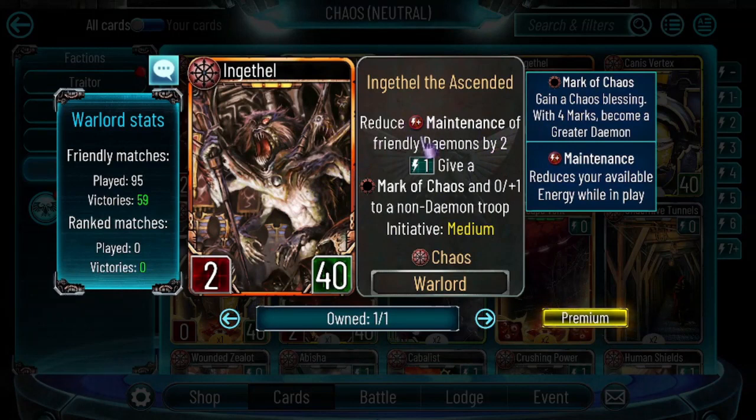She's got the maintenance reduced by 2. I've covered that with Spawn, how beneficial that is. That's nice. But what's really nice is her Marks of Chaos. For 1 energy, she's giving a Mark of Chaos, but also an additional +1 to non-demon troops. The maintenance reduction, when I tend to build her, and I've shared Ingethel decks in the past, I think I've got a deck list video, you can take a look at that, hasn't really changed much,